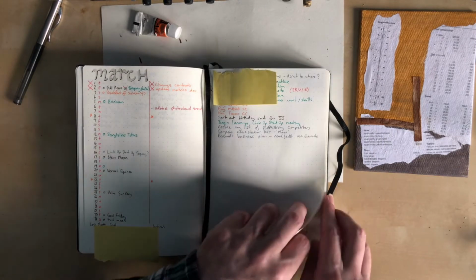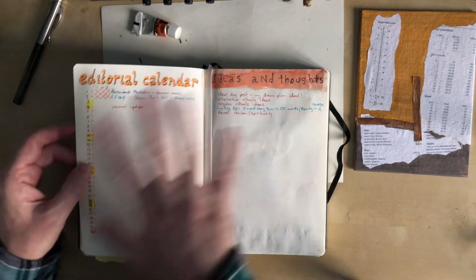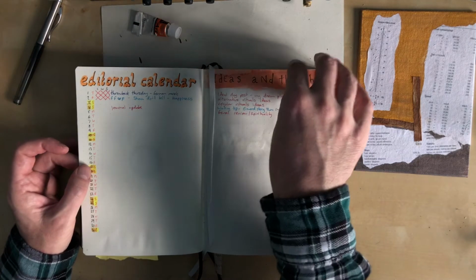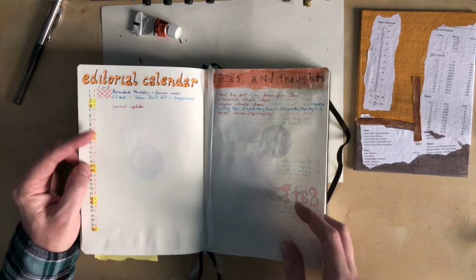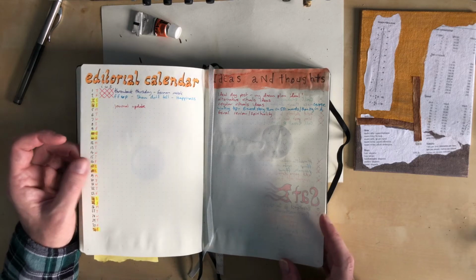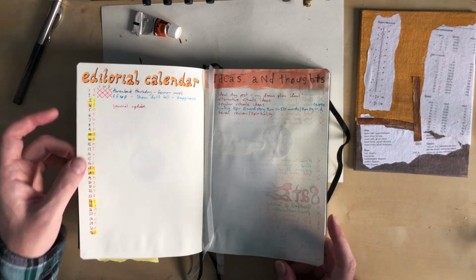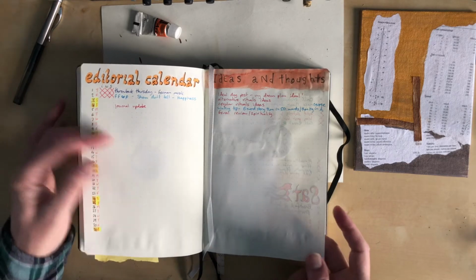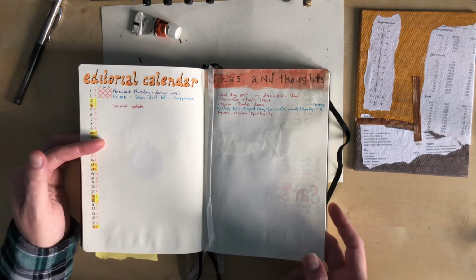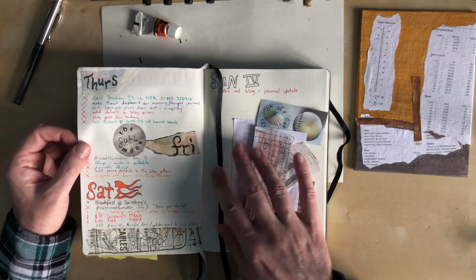And then I'll just skip the next page and then go back to it, because I've got my editorial calendar, which is for the blog. I want to be a bit more organised on blogging. It's been very haphazard at the moment on thecreativeminimalist.com, so I'm going to be a bit more organised with that. That's this week's job as well. And then my layouts, just playing around with...